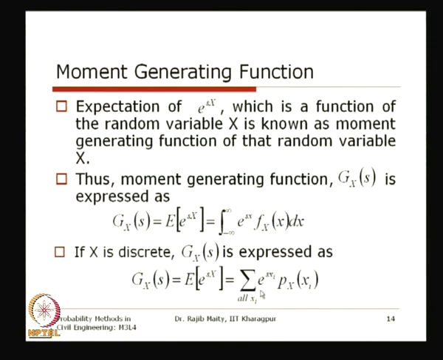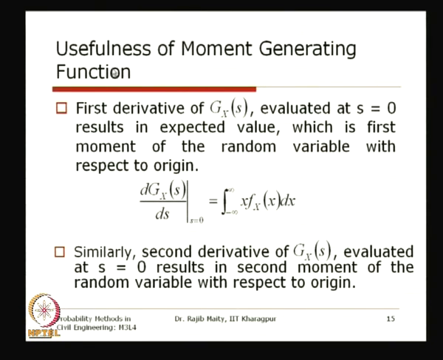So this is the expression for the discrete random variable, and this is for the continuous random variable. It is nothing but the moment generating function. Now we will see how these things are useful and why they are important. The usefulness of this moment generating function is that the first derivative of G_X(s) evaluated at s equals 0